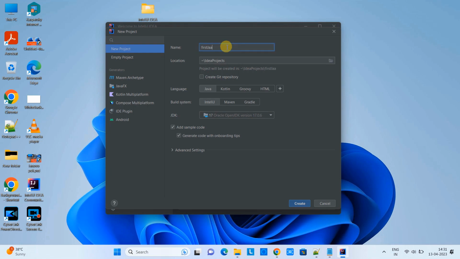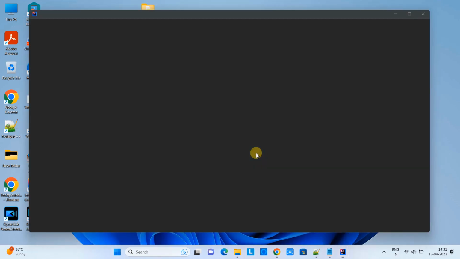Now I will give the project name, like My First Java Project, or any relevant name you want to give here. The languages available are Java, Kotlin, Groovy, and HTML. We are proceeding with a sample Java project, so I have selected the language Java. The build system will be IntelliJ. I'm using the JDK here. Click on the Create button,